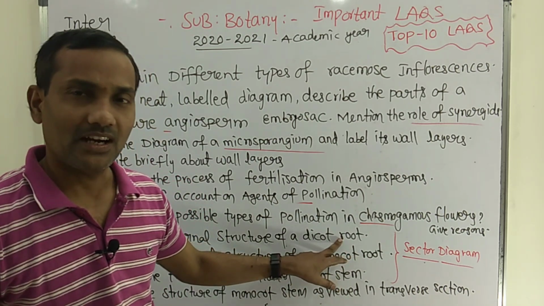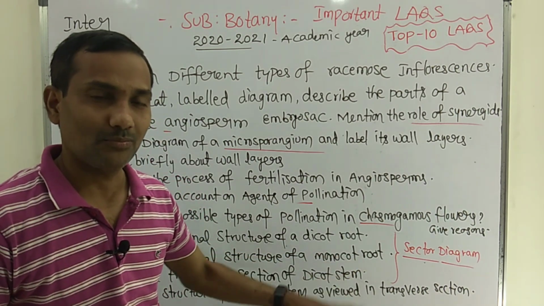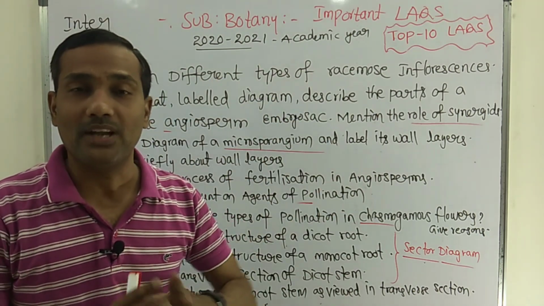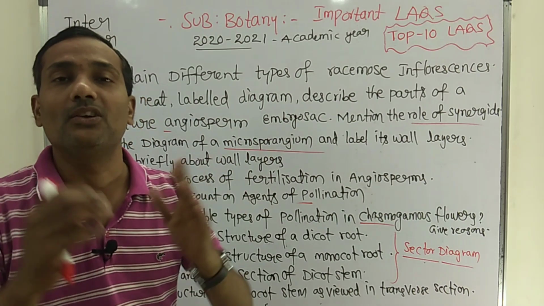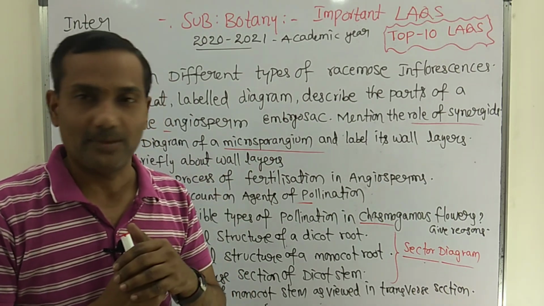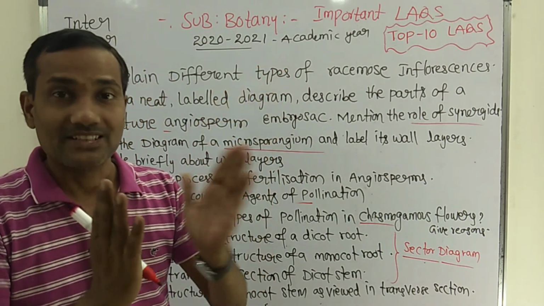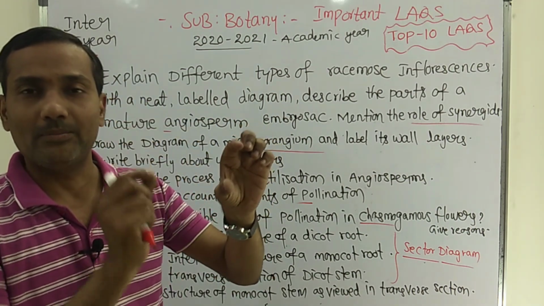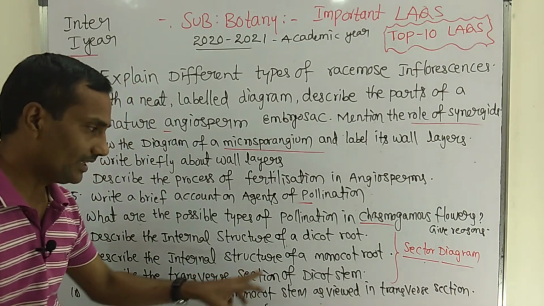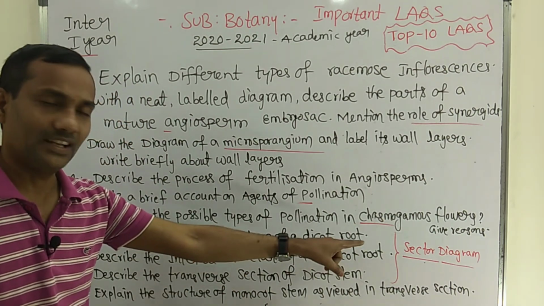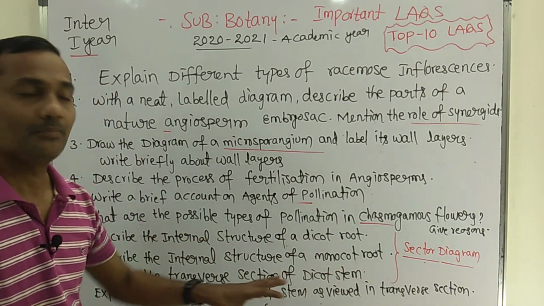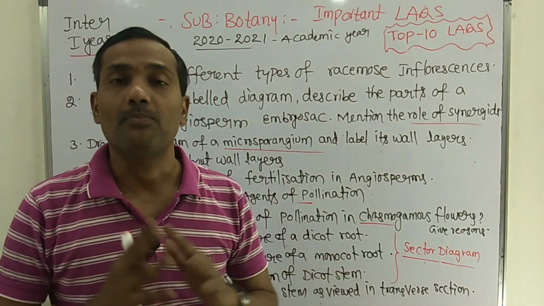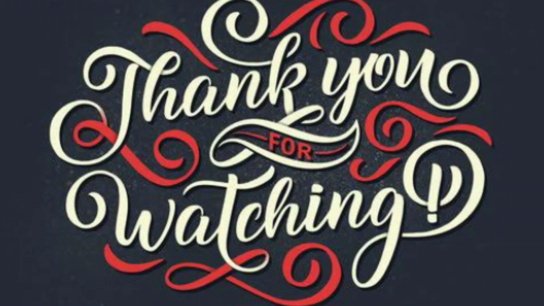So here the dicot root, monocot root, dicot stem, monocot stem, the complete inner view diagram of the whole plant is also there, that no need to draw for this exam, for IPE exam. Only sector diagram. That sector diagram with the proper labeling, if you describe, you will get full marks. For diagram 3 marks, for describing answer 5 marks. These are the most important top 10 long answer questions or 8 mark questions.